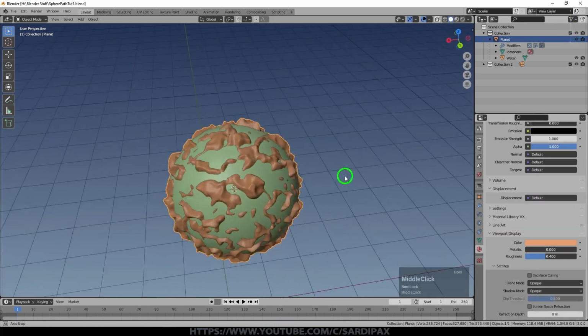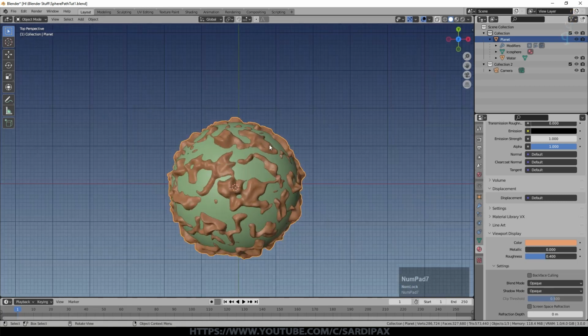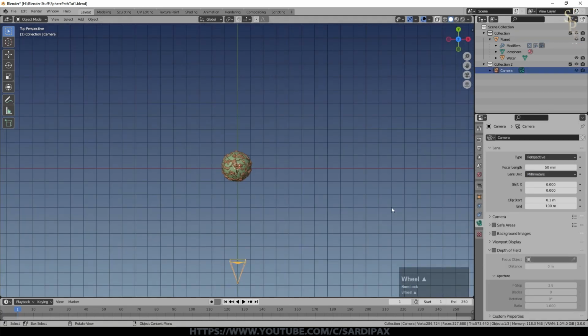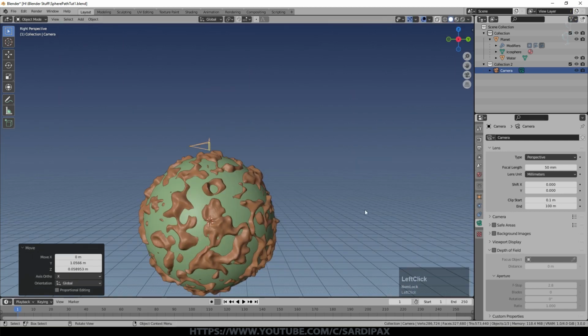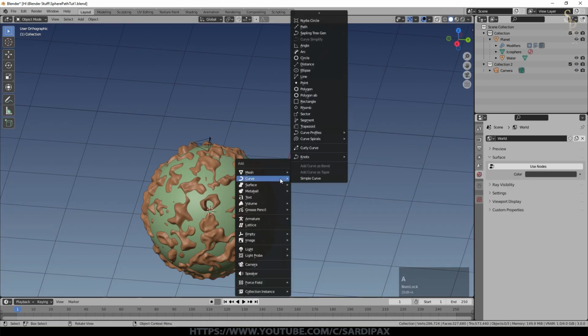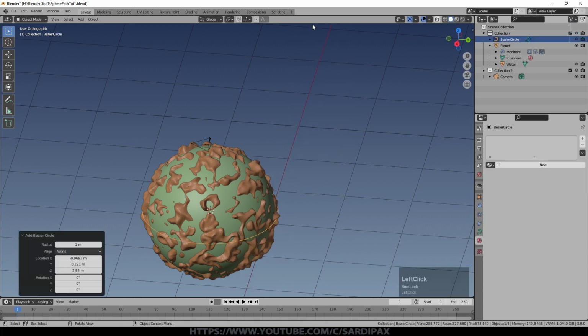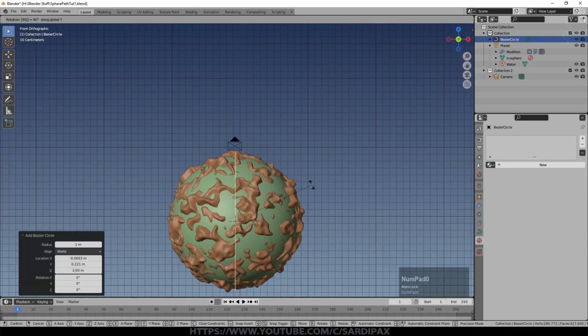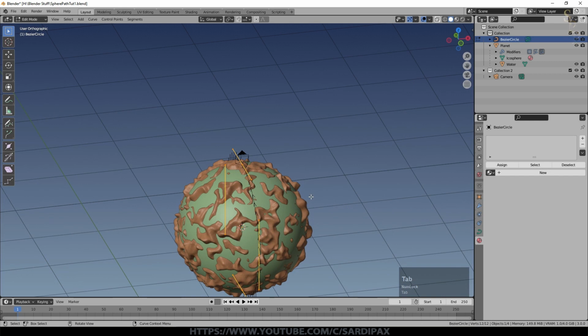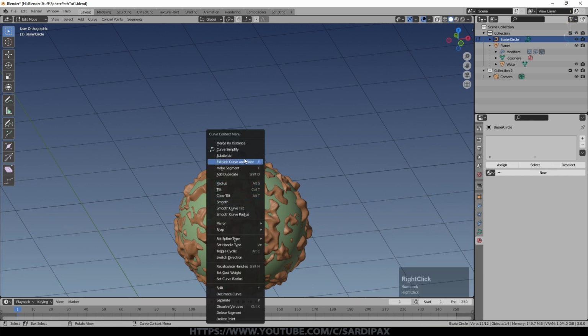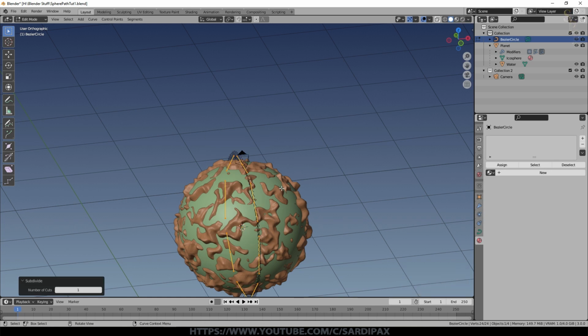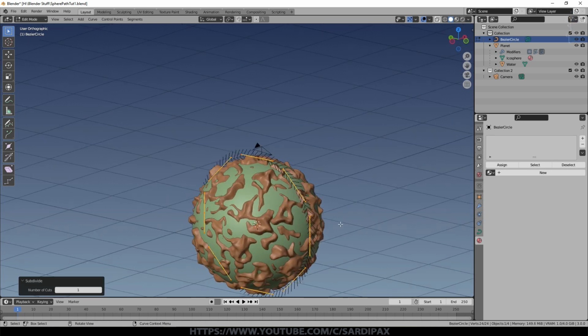So the next thing to do is to set up our camera. So I'll look from above, and there is our camera. I'm going to make it a little smaller so that it's appropriately scaled, and we'll put it something like here to start with. And I'm going to add under curves a circle. Rotate Y 90, and then what I'm going to do is in edit mode, so just press Tab to go into edit mode. I'm going to right click and I'm going to say subdivide, and we'll just go with one subdivision for the moment. We may add more later on.